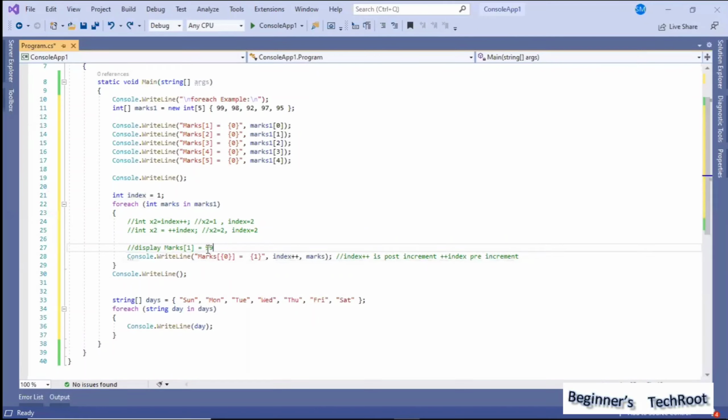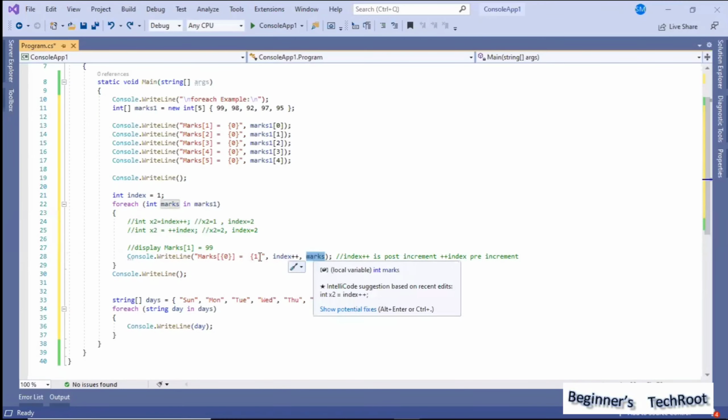So that is the reason I used it here as a placeholder, and I am using this index variable with a post increment. Then the second parameter I am passing is marks, so this is the placeholder for the second parameter. The 0 is the placeholder for the first parameter, the 1 is the placeholder of the second parameter.